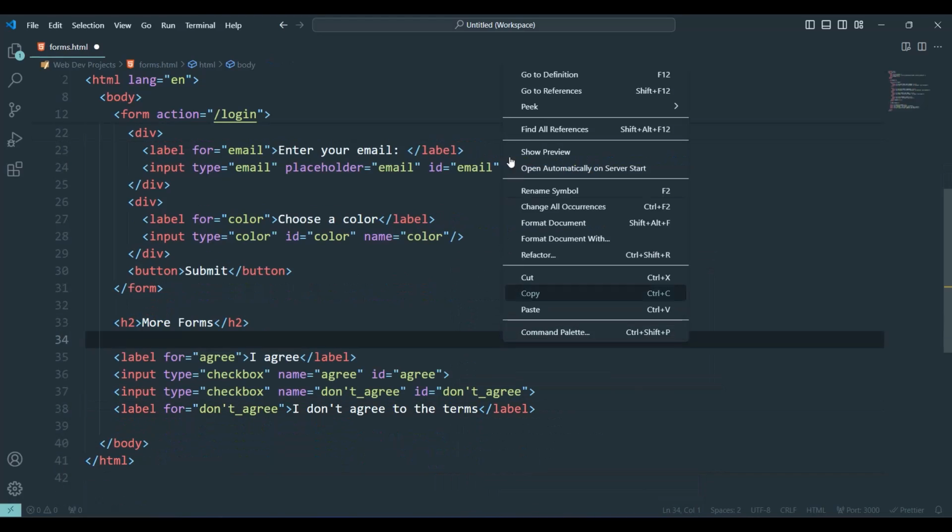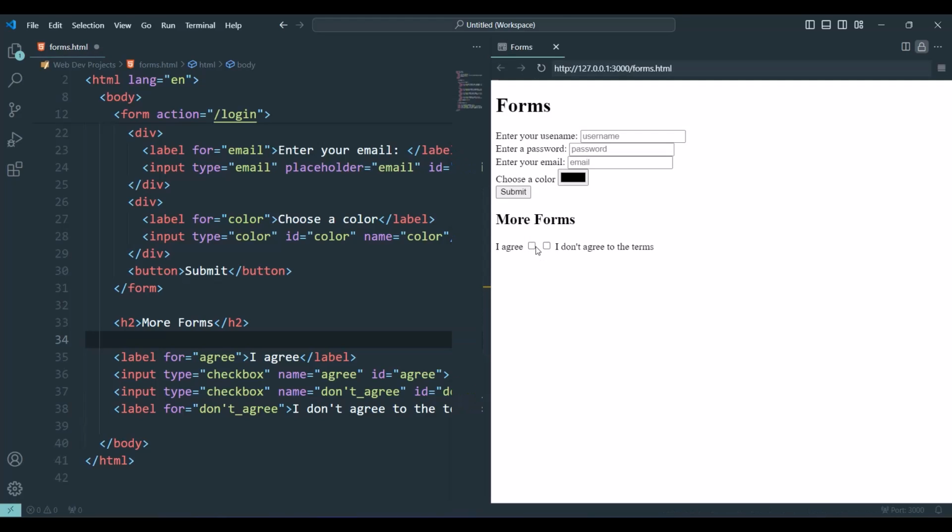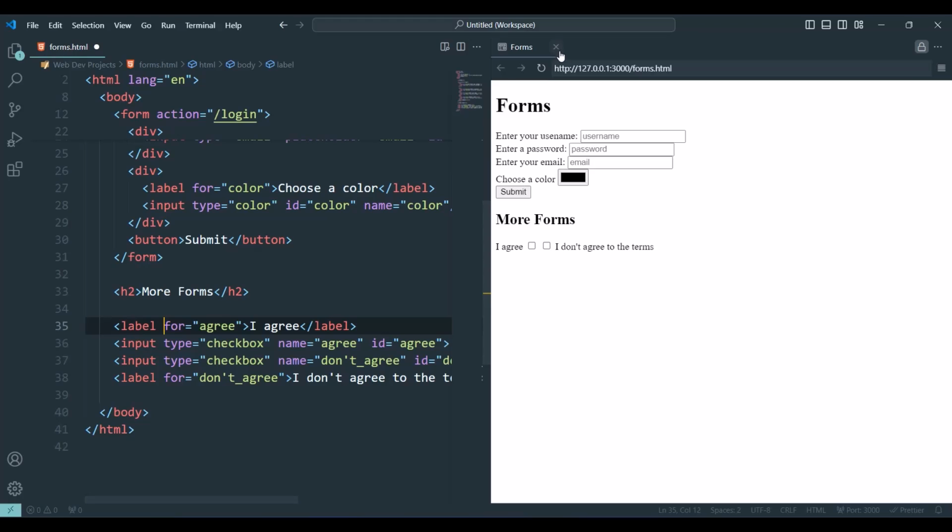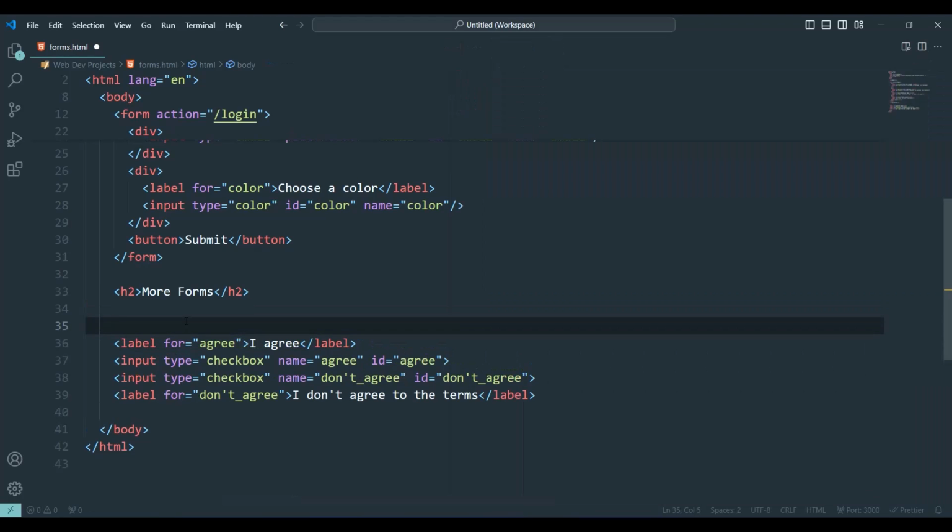Let's show preview. And we have I agree and I don't agree with the terms, and you can have both checked. Let's also add a submit button, but let's put this in a form. So let's create a form. Let Emmet generate that for me.